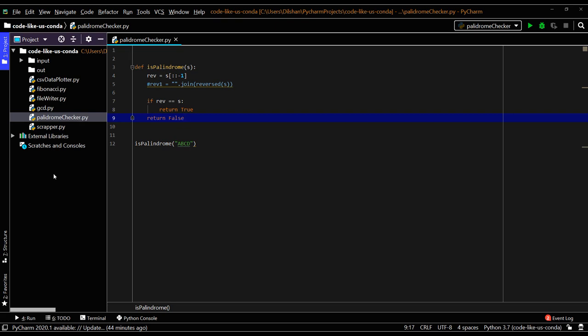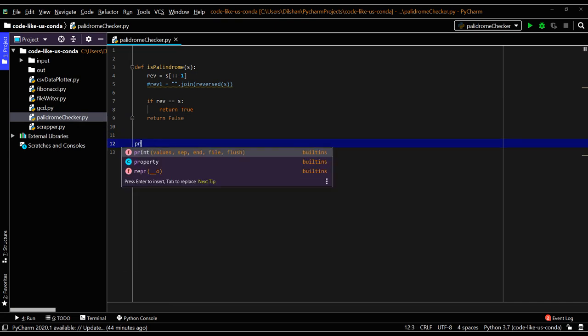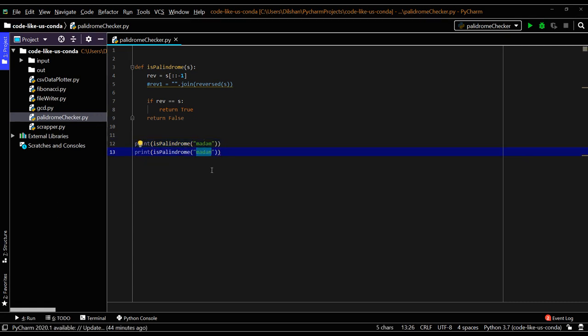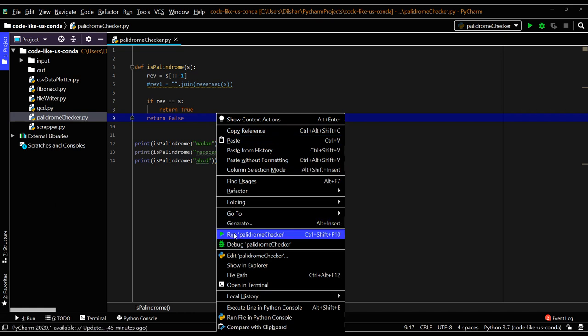We can print for a few test cases. I will say print is_palindrome MADAM, another one race car, and let's have a wrong one as well, A, B, C, D. Let's try.